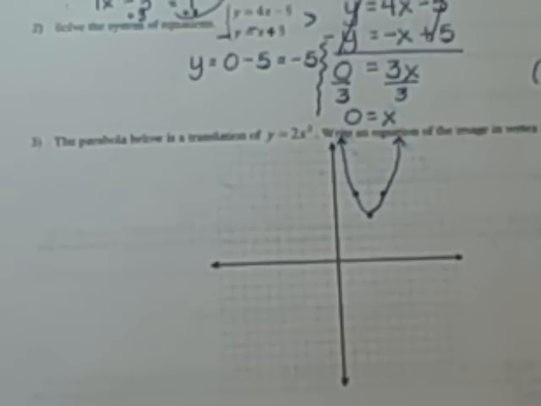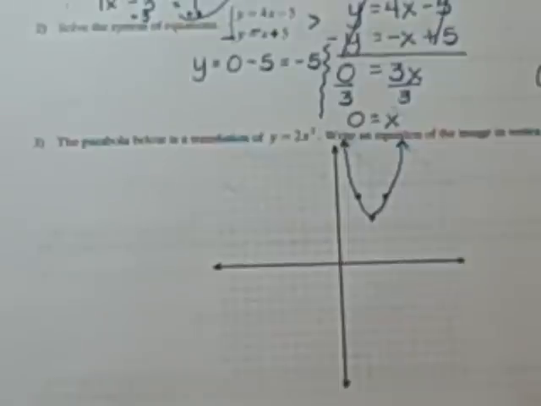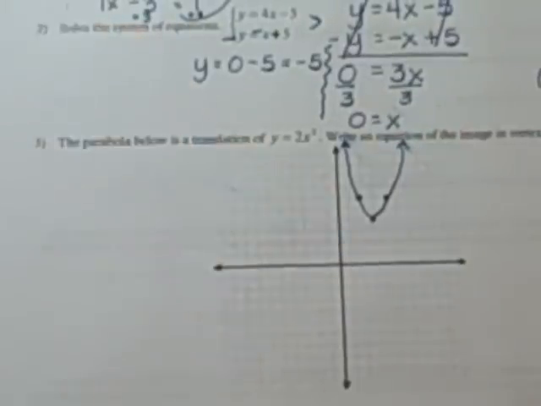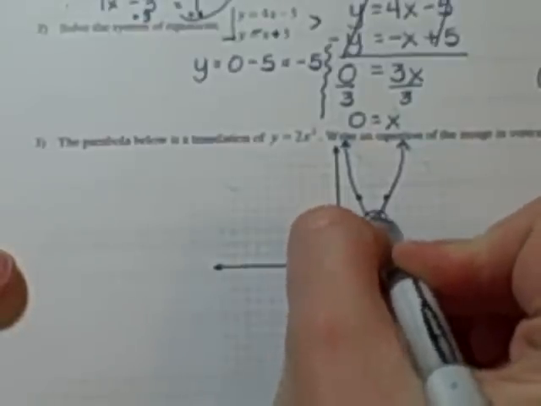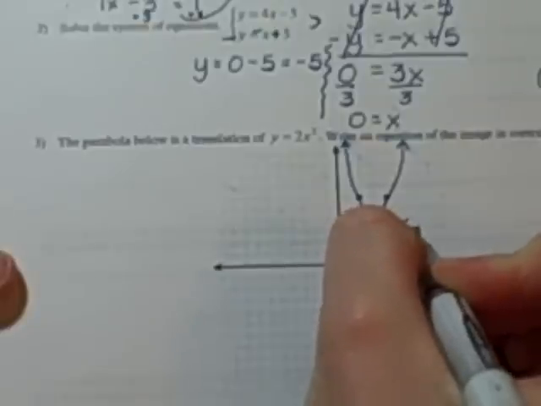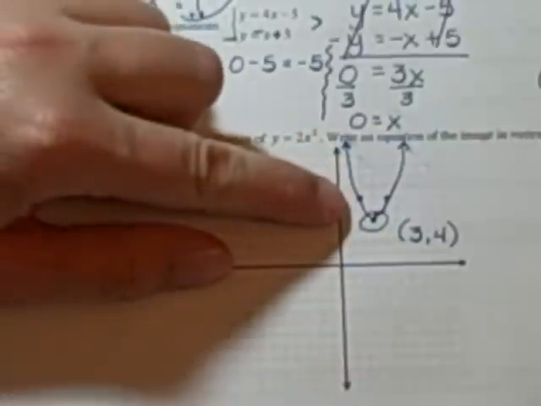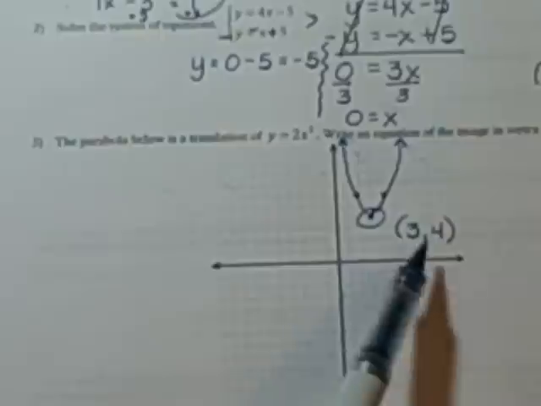Now, problem 3, I have this parabola drawn in, and we talked in class about how this was an error of mine. I should have had this drawn in before I copied it for you. I gave you the coordinates today in class so that you could draw that in yourself. So if you didn't get that, probably the most important thing for you to know is that the coordinates of this point here are 3, 4. Okay? From there, we did write down these other coordinates in class today, but to be honest, they're not that important to the problem. So as long as you have that the vertex here is at 3, 4, we can